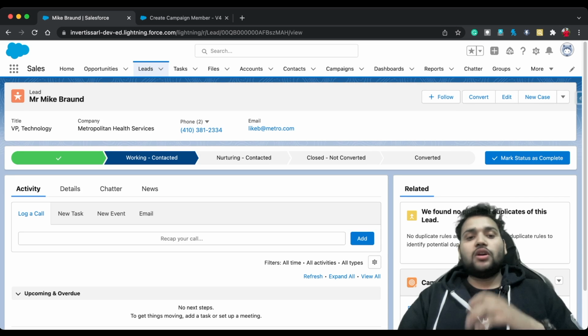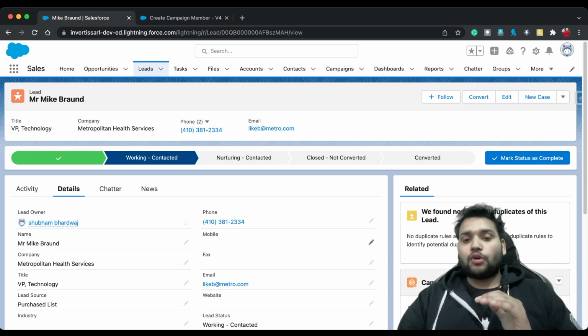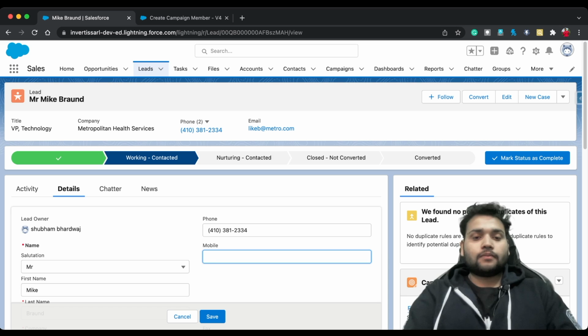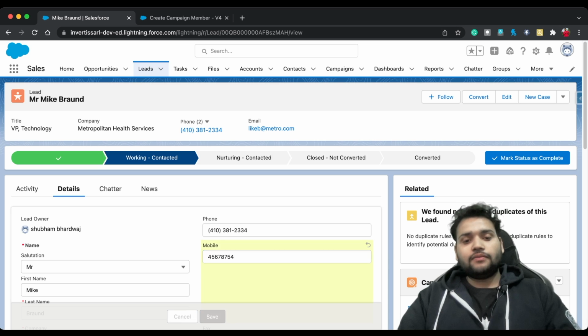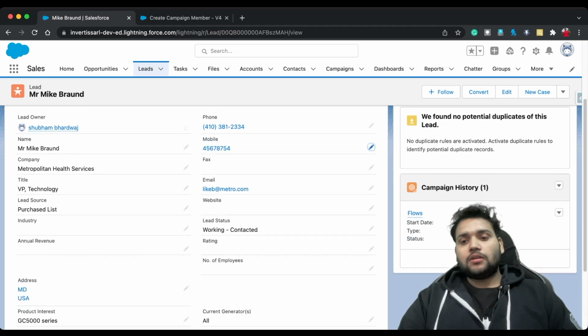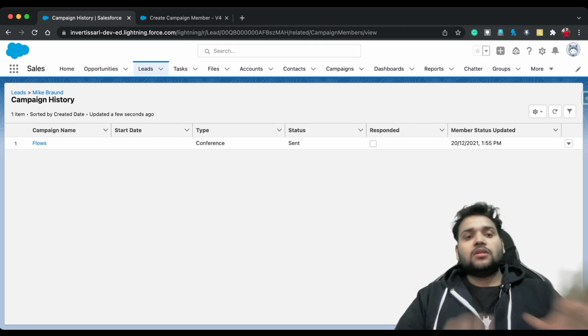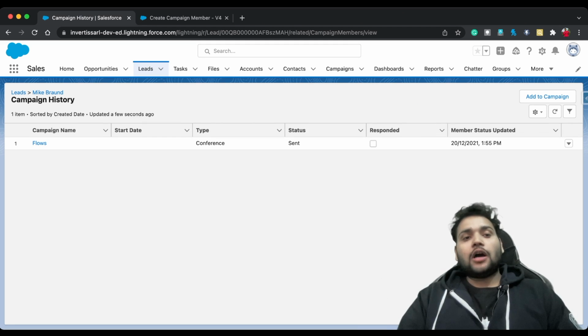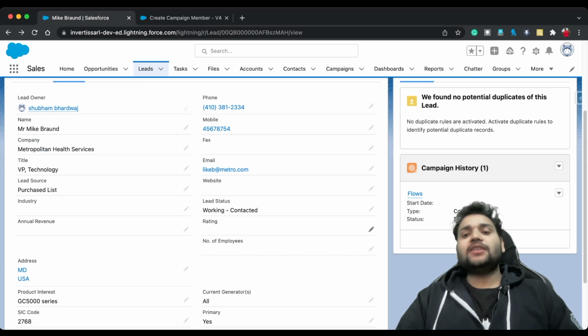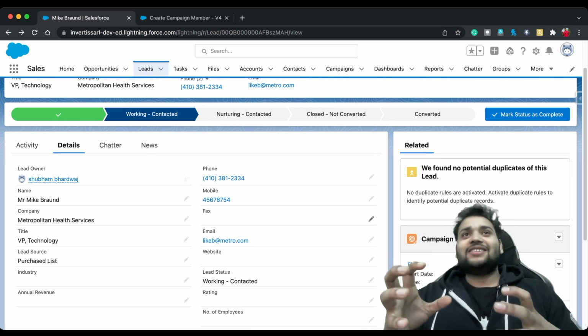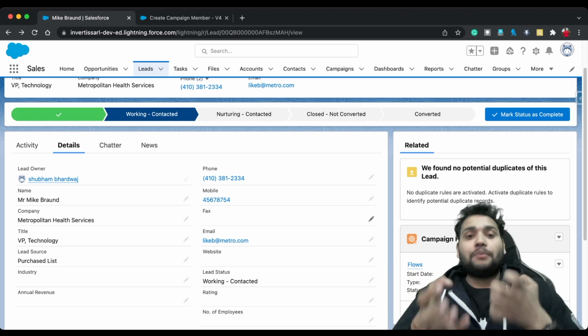Right now Mike Brown also has the status working contacted. Now I am going to change any field for Mike Brown, let's say mobile, click save. You can see Mike Brown is not added into the Ohana campaign, right?